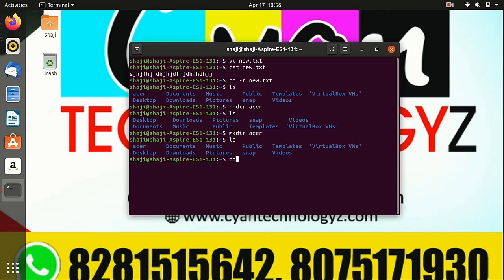For that, the command is cp space -r, then the file name Acer, then the new file name. I'm going to create Acer1. As you can see, there are two: the first Acer, that I copied to Acer1.